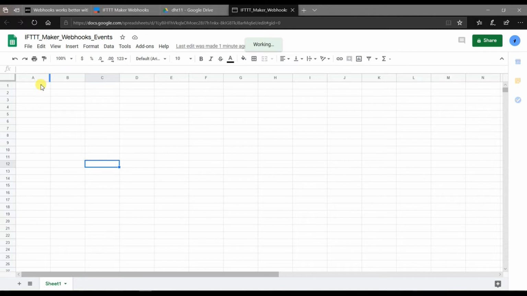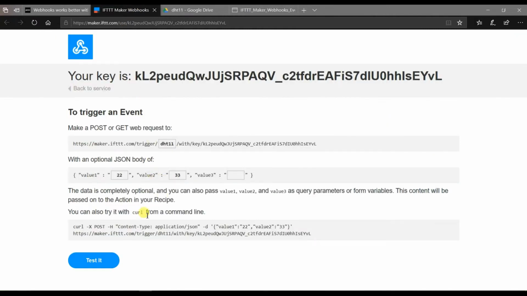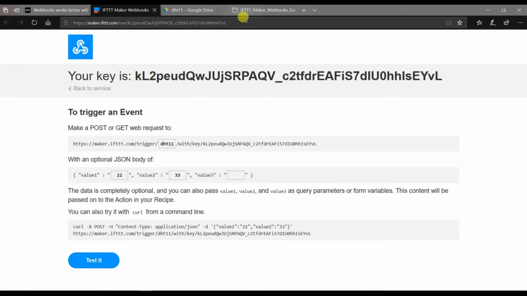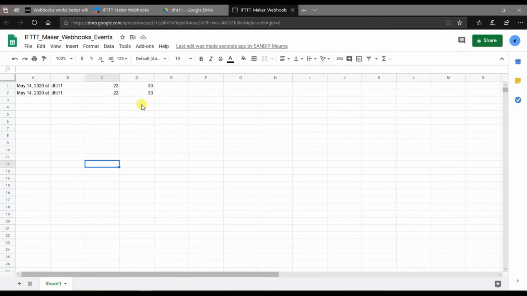Oh, it is not updated. Sorry. I will click once again, test it. Event has been triggered. Okay, I will open. Yeah. Oh, previously it was updated already. You can see 2 times it is updated.